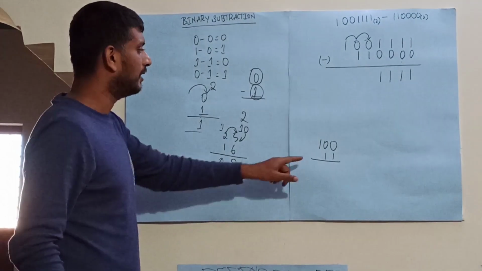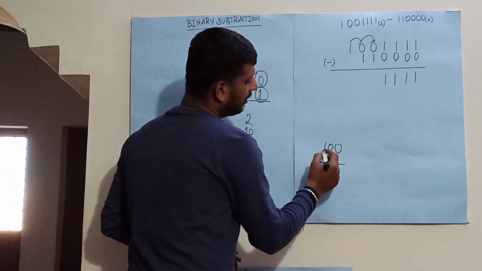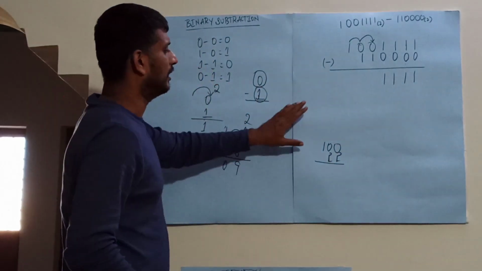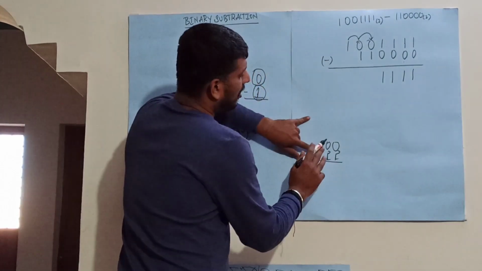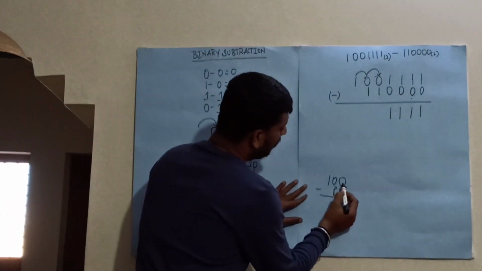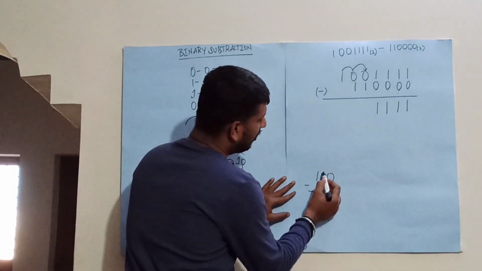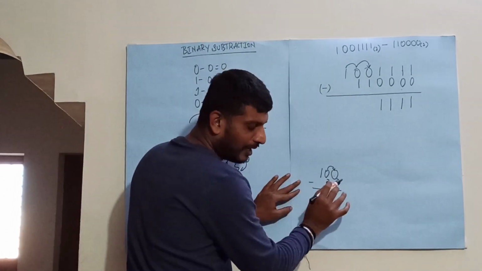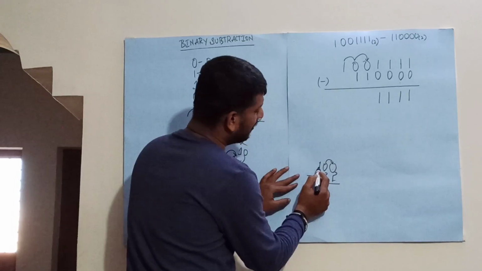Let's consider I have 100 minus 11. So this is ordinary. Let me take 100 minus 22 so that you can understand it better. Now this is the ordinary decimal subtraction, 100 minus 22. So you cannot subtract 2 from 0. So what will I do? I will borrow from this particular value. Again, here also I don't have any value, so you cannot borrow anything. So what I have to do is borrow from this particular digit.